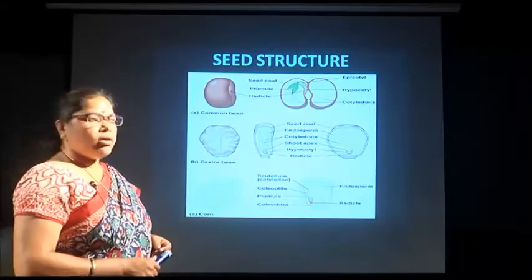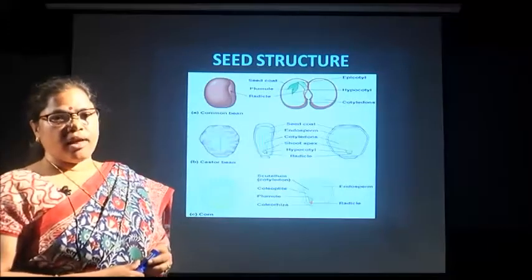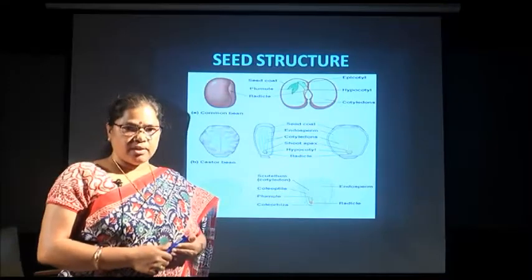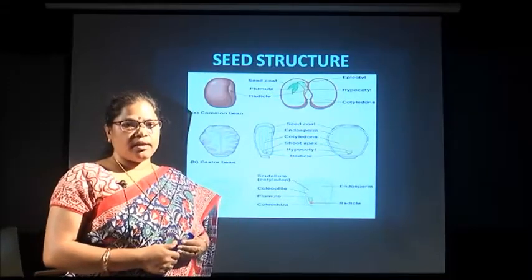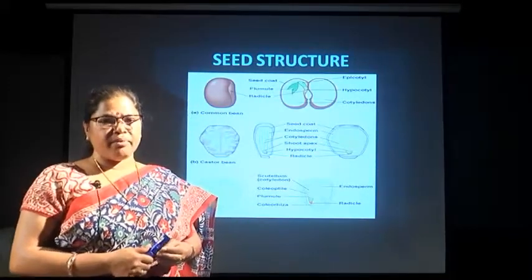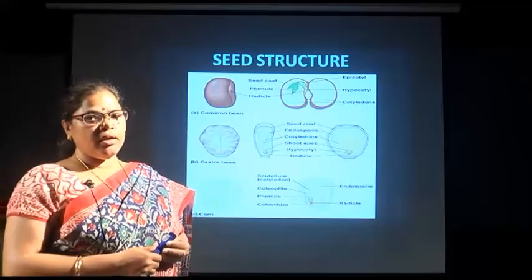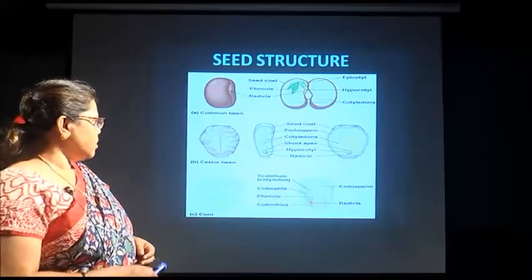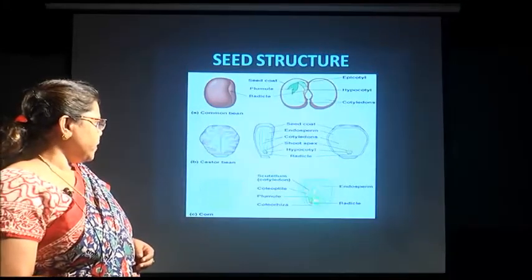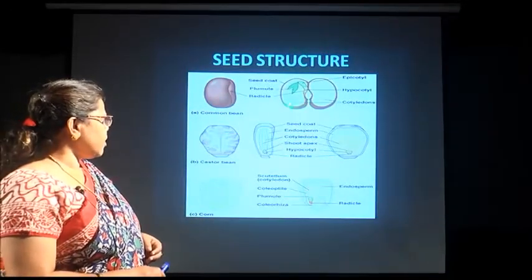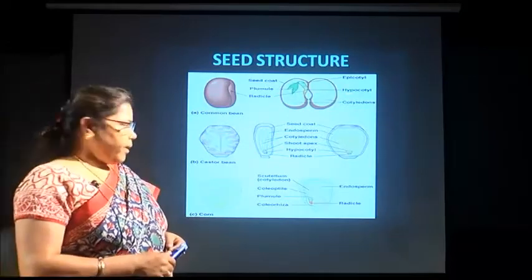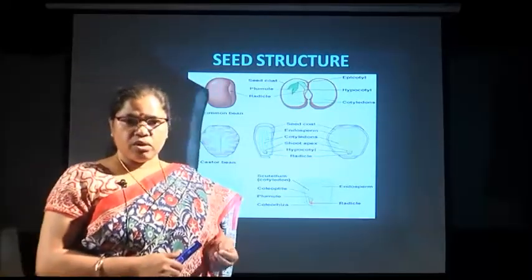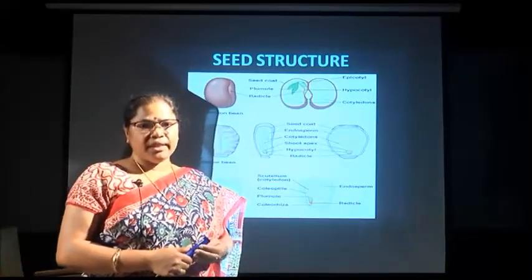And what is a cotyledon? A cotyledon is known as the seed leaf. As you know, in case of dicot plants, the name suggests that they have two cotyledons. Di means two. So there are two cotyledons present in a dicotyledonous plant. Similarly, in a monocotyledonous plant there is only one cotyledon. This cotyledon's function is to provide nutrition or food for the germinating embryo.